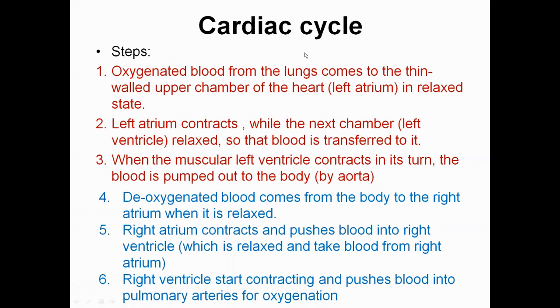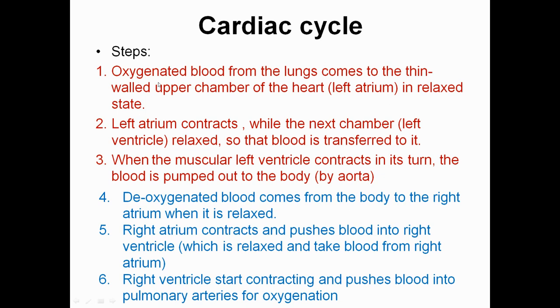Now we have to study about the functioning of the heart. We have to follow it step by step. I have made 2 segments of the functioning, that is the red one and the blue one. The red one is for the oxygenated blood circulation and the blue one is for the deoxygenated blood circulation. We have to follow 6 steps. You have to remember all of the 6 steps step by step. The third step cannot be the first one. No, it's not like that. We have to follow the series, that is from first to the sixth.